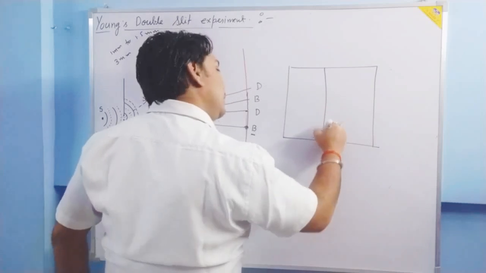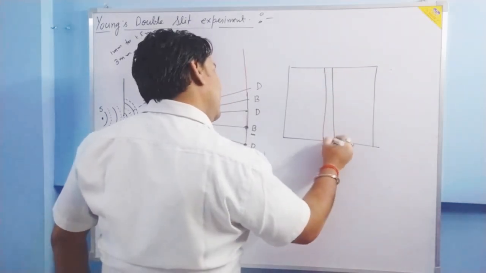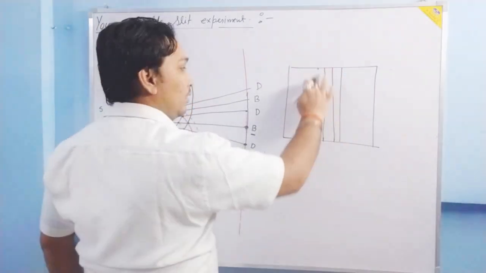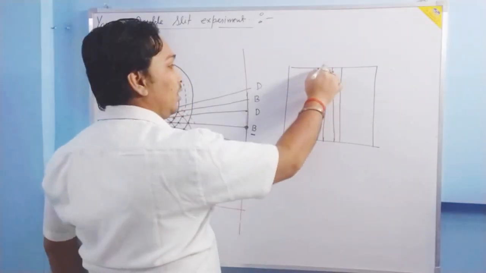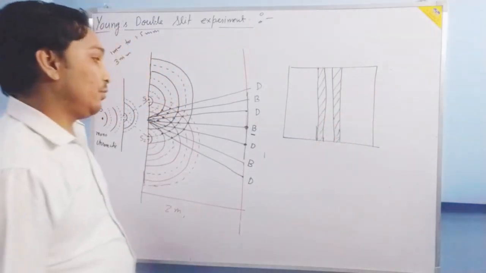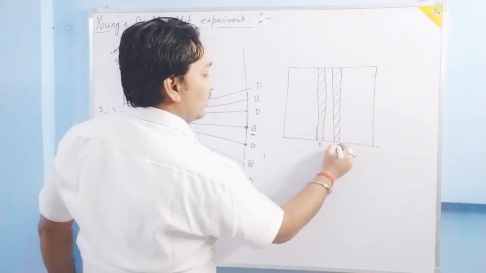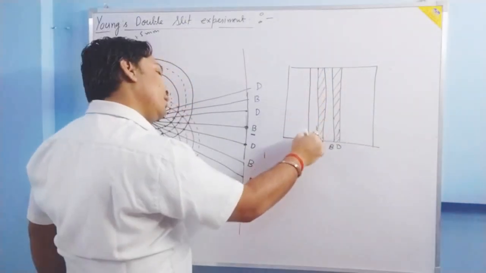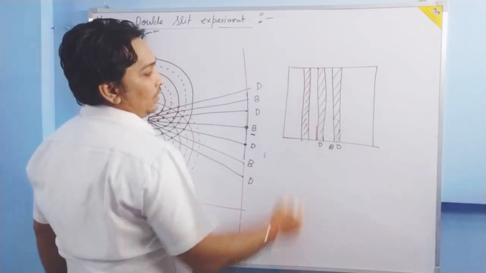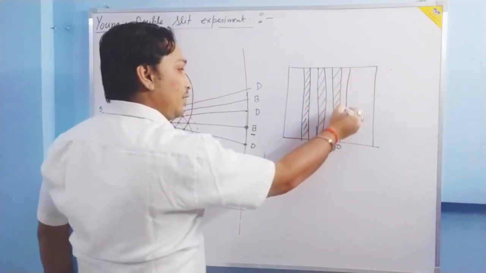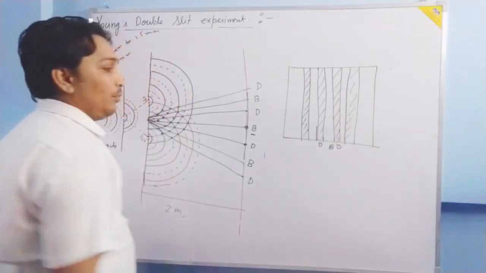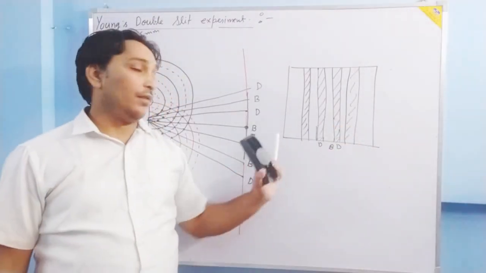At the center it is bright. At the center, this light is bright, and just besides the center, we have dark fringe. So this is your dark, this is your dark, and between the dark there is a bright. This is your center bright, and the dark, this one dark. Then again one bright is there. Then again one dark is there. Is it clear? This side also happens the same. This is a bright, and this is a dark. The alternate pattern we are going to have: center bright, then dark, then bright, then dark.